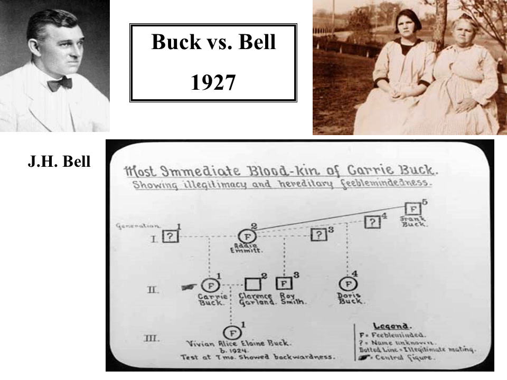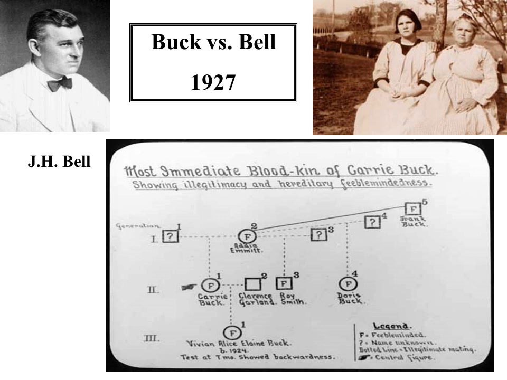The basic idea was this. Carrie Buck, there in the top right-hand corner of your screen, she's sitting at the left of that picture. She was in an institution, and they actually did sterilize her without her consent, and she wanted to sue. And so the story went like this. Carrie Buck's mother, Addie Emmett, and her father, Frank Buck, had Carrie as an illegitimate child. So therefore, Carrie Buck's mother was deemed feeble-minded.